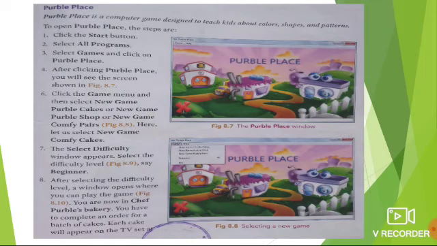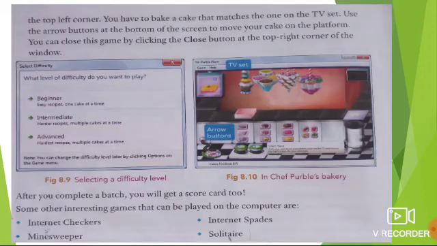It may be a beginner or something like that. After selecting the difficulty level, the window will open and you just have to start playing. You can see here it is showing beginner, intermediate, advanced, isn't it?